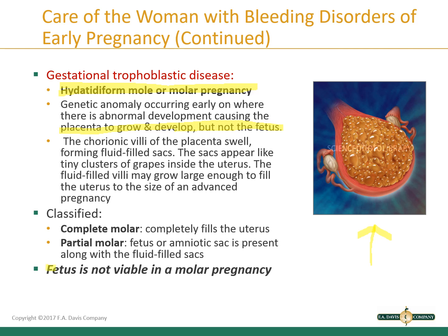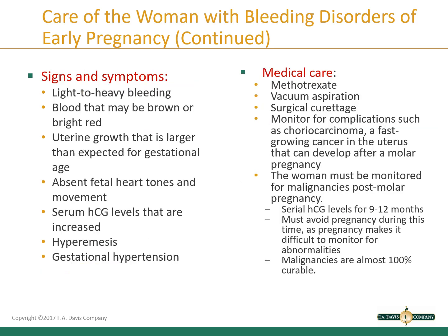So it's important to note that with a molar pregnancy, the fetus is not viable. Signs and symptoms of a molar pregnancy include light to heavy bleeding, blood that may be brownish or bright red, uterine growth that is larger than expected for gestational age due to, remember, the cluster of grapes that can become fluid-filled, the villi becoming swollen, absent fetal heart tones and movement,